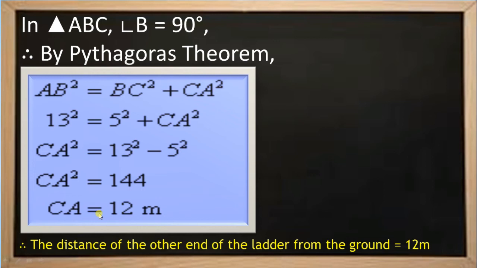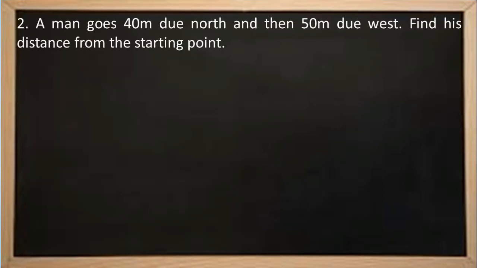Write the conclusion in words, that is, the distance of the other end of the ladder from the ground is 12 meter. It is compulsory to write this, students, because in the question there is no value given to find AC. AC is the side that we have defined according to the given condition. You may name it as PQR or LMN according to your convenience. You can name your diagram. So don't stop the problem here. Once you calculate the measurement, write it in words that the distance of the other end of the ladder from the ground is 12 meter.